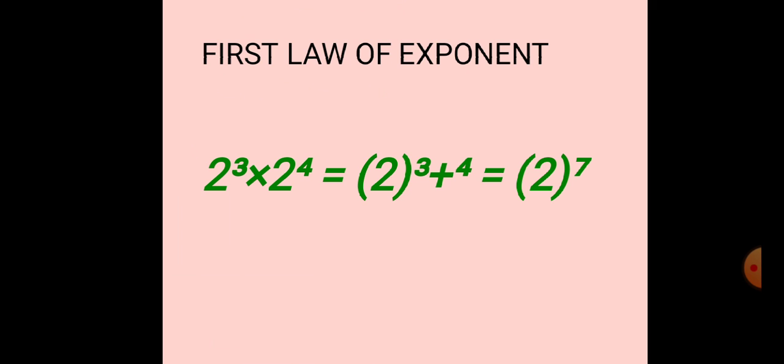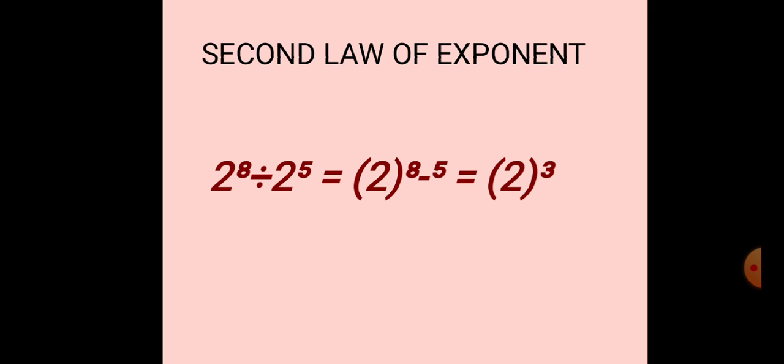So let us take one example. 2 raised to the power 3 multiplied by 2 raised to the power 4. Now in multiplication, both bases are same, base 2, and the powers are 3 and 4. So in multiplication, when bases are same, powers will be added. So that is equals to 2 raised to the power 3 plus 4, that is equals to 2 raised to the power 7. When we have to write in exponential form, we can write like this, 2 raised to the power 7. When we have to find the value of it, I can write 2 7 times and then multiply it.